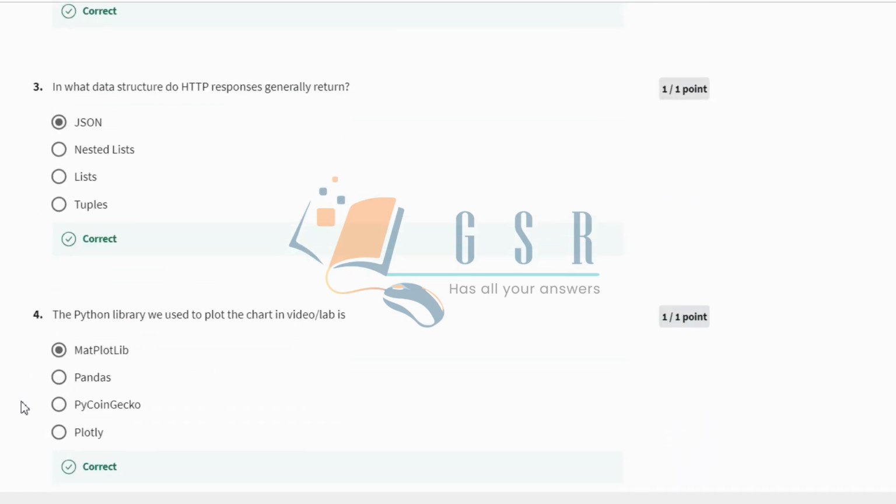Fourth is the Python library that we use to plot the charts in the video slash lab, which is matplotlib. So the library which is used for plotting the chart is matplotlib. Pandas deals with some other properties. PyCoinGecko, it is